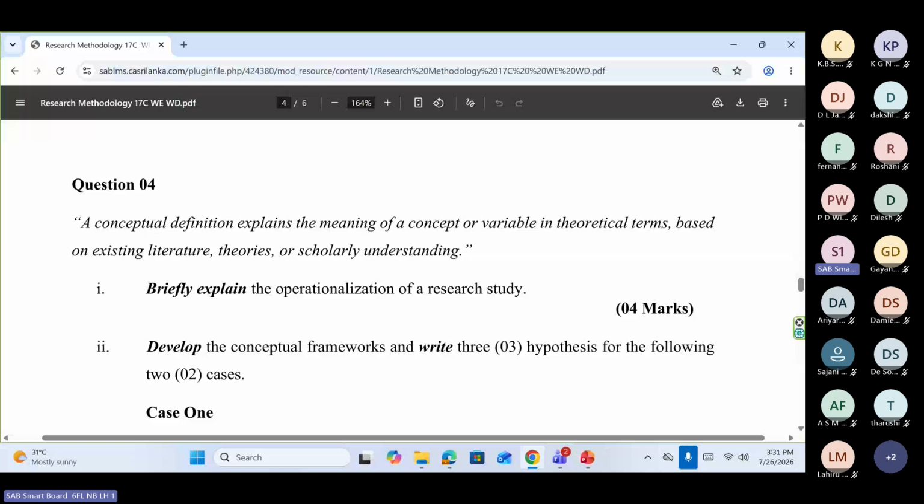Operationalization means identifying the indicators and measurements